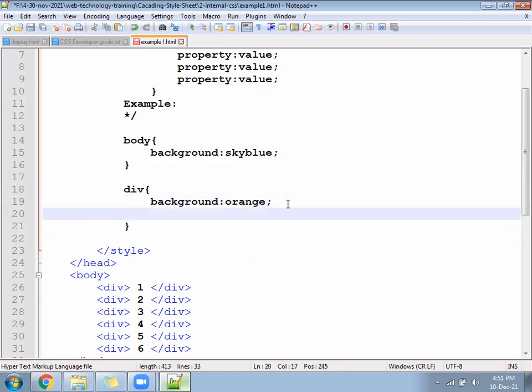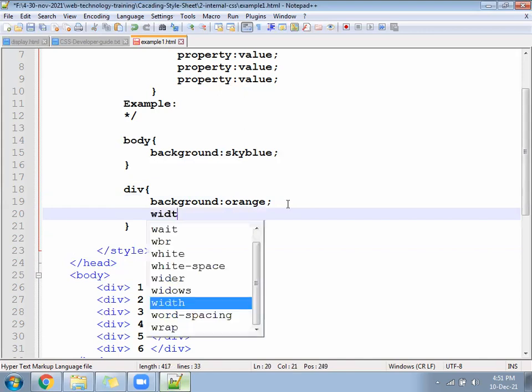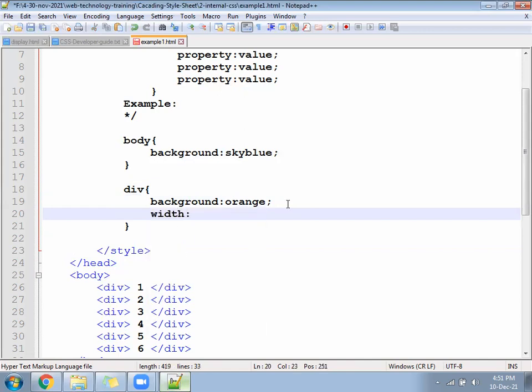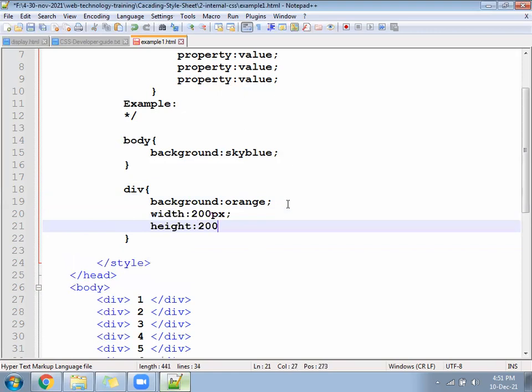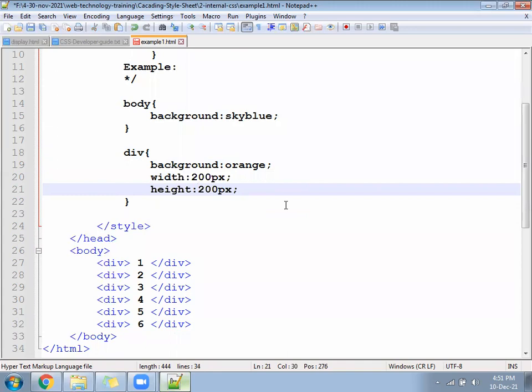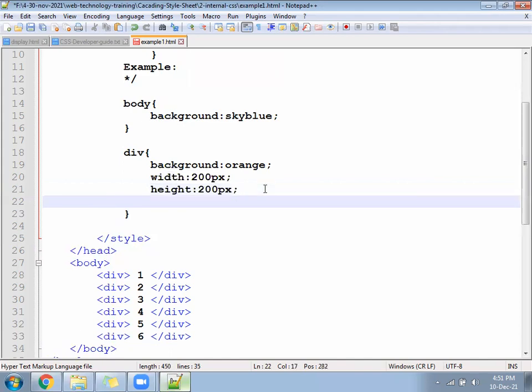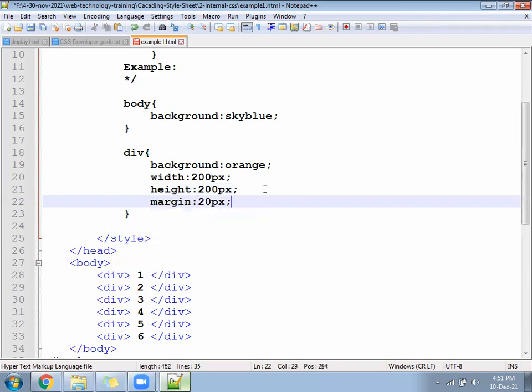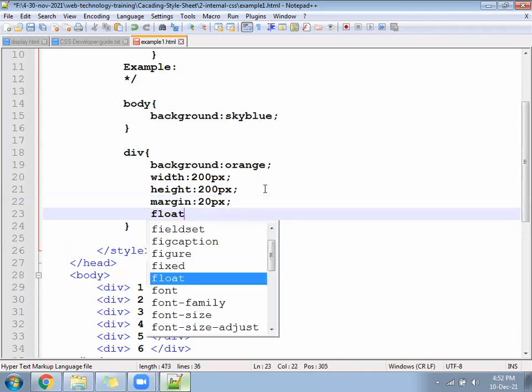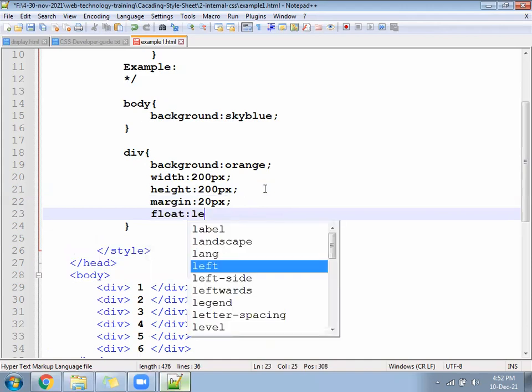Then you write here width, somewhere 200 pixel. Height 300 pixel. And margin also keep something like 20 pixel and float left.